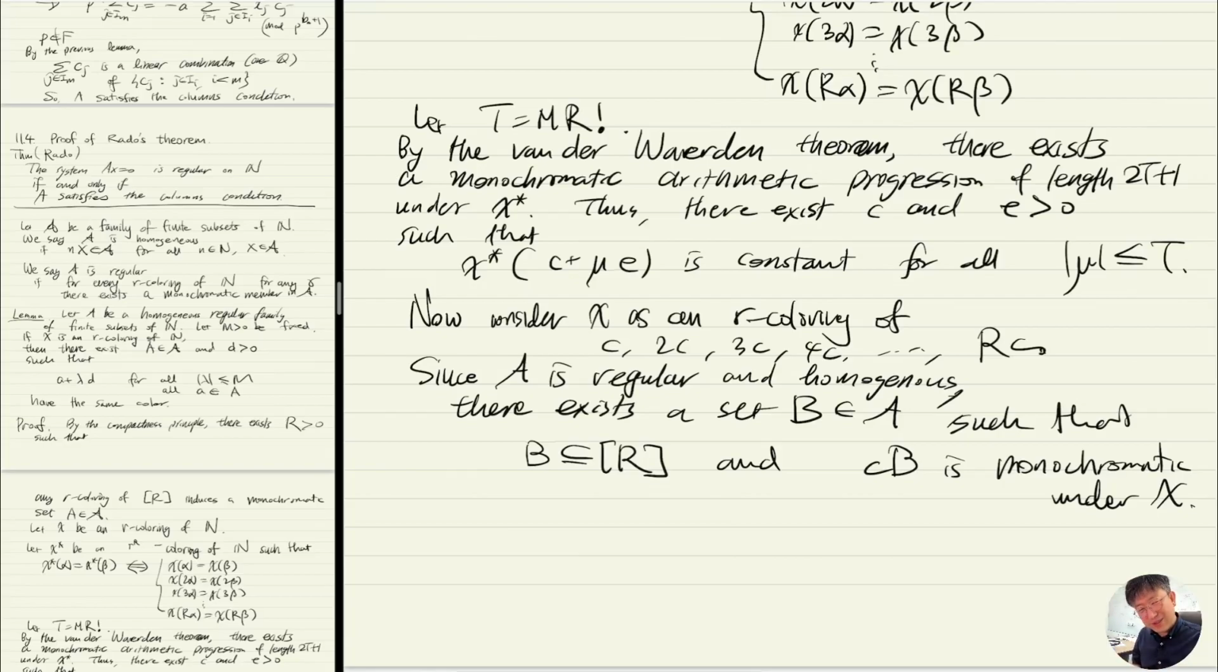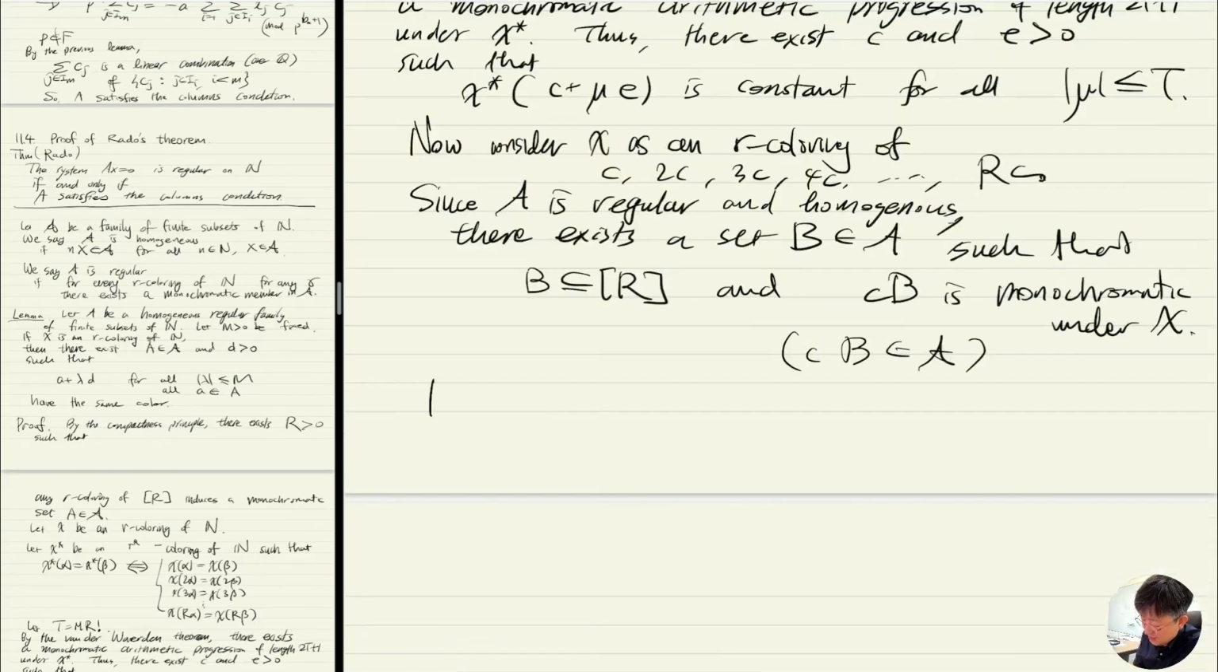I don't know whether I need homogeneous here. Probably not, right? Oh, yeah, it is. What I need is actually c times B is in A, because A is homogeneous. All right. Now let y be the least common multiple of all elements in B, and c times B is in A